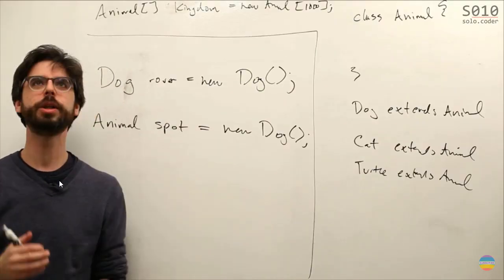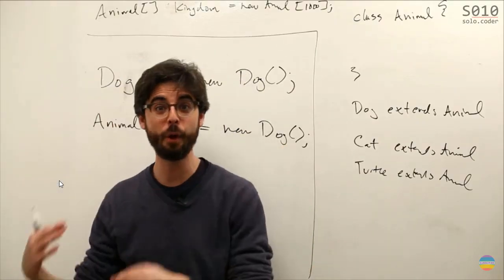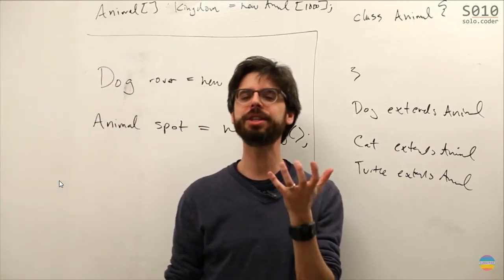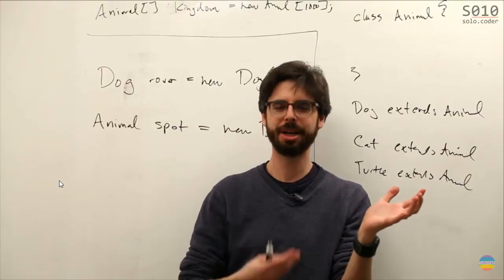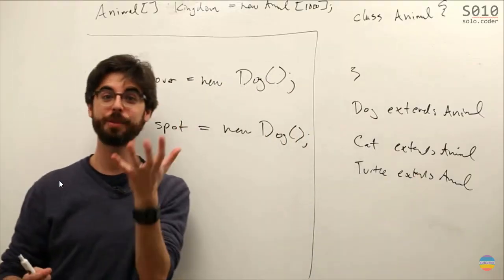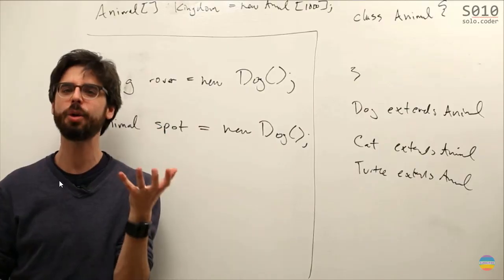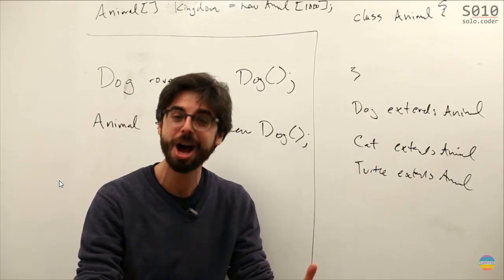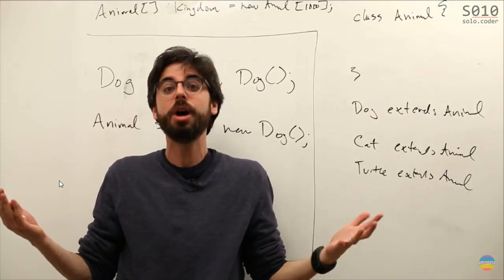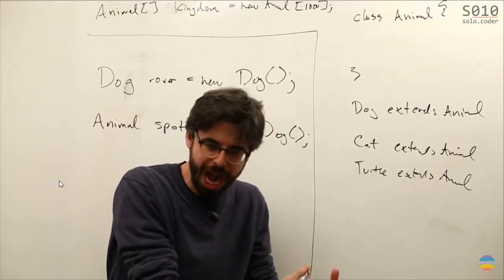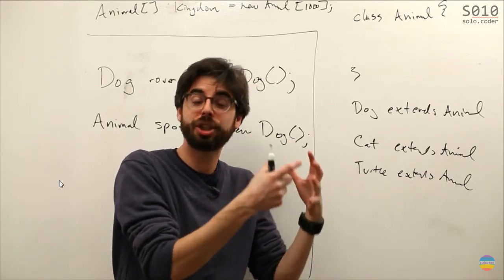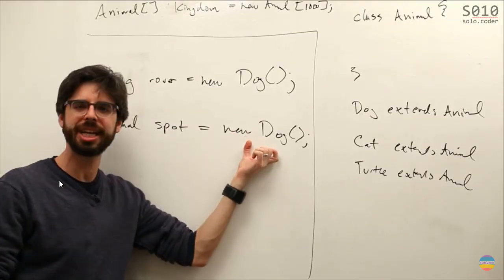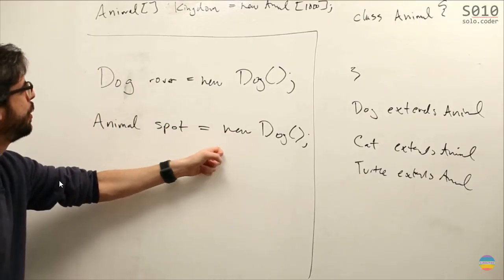This is polymorphism. What polymorphism, which means many forms from the Greek, allows us to do is say, I have a dog object. And if it's convenient for me to think of it as a dog object, I'm happy to do so. If it's more convenient for me to think of it as an animal object, that's also allowed. I mean, it really truly is a dog. A dog is a dog is a dog. But we can talk about it as if it's an animal, because a dog is an animal. The dog is made from a child class of animal. We can make an animal object which is specifically a dog. This is what allows us to put